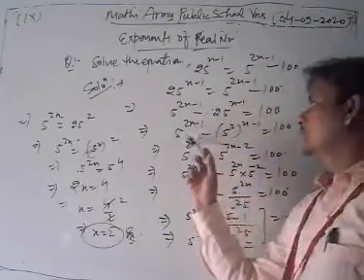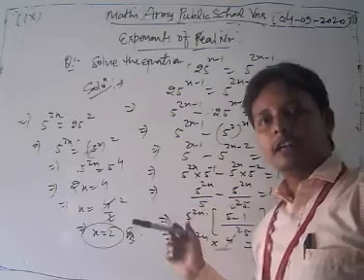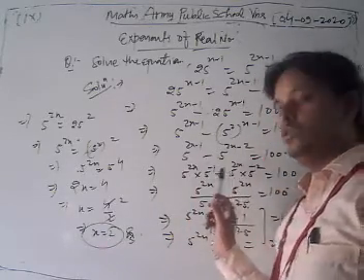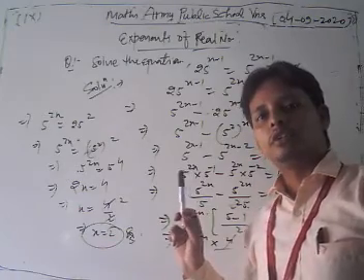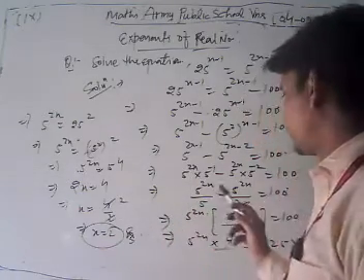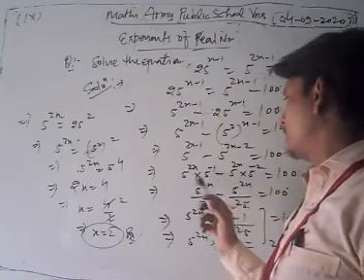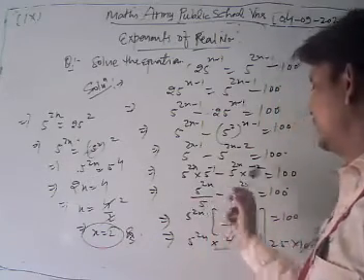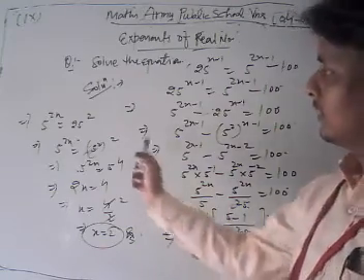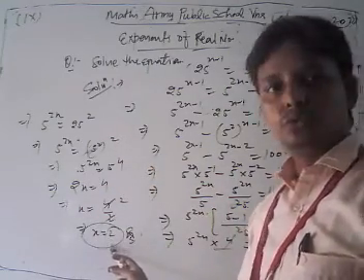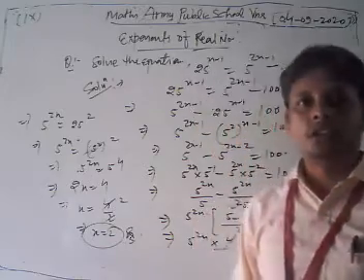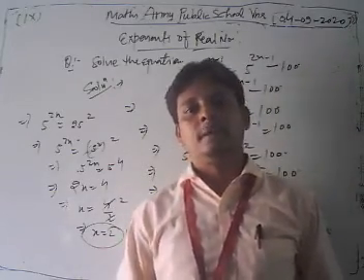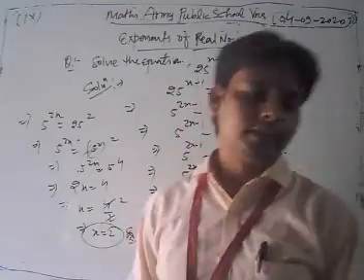So after that, here we convert the 25 as the square of 5, and after that we use some basic concept of laws of exponent. In this way, here we apply the laws of exponent and here I simplify them, and hence we get our result as x is equal to 2. So this is one of the most important questions. Okay, now dear student, we take and solve some other questions of your syllabus of that topic. Let's see.